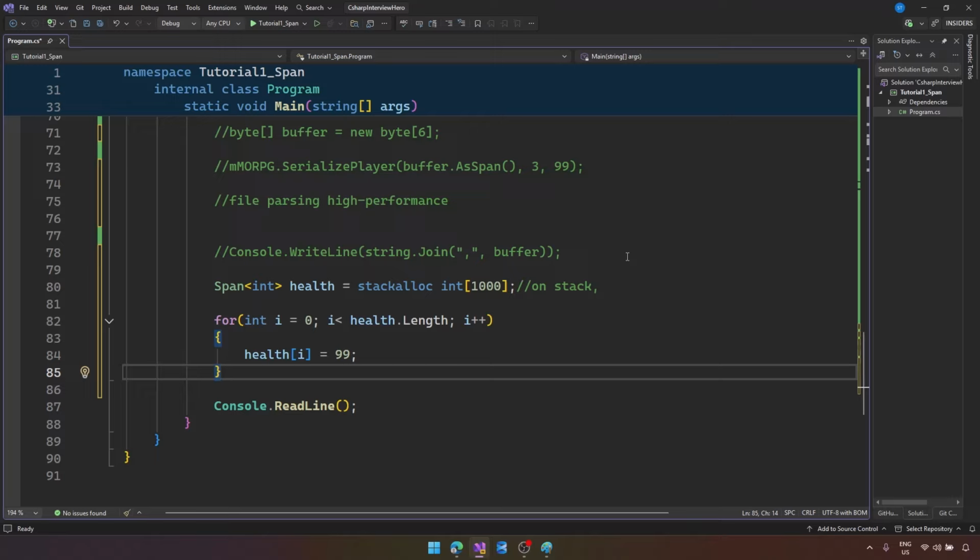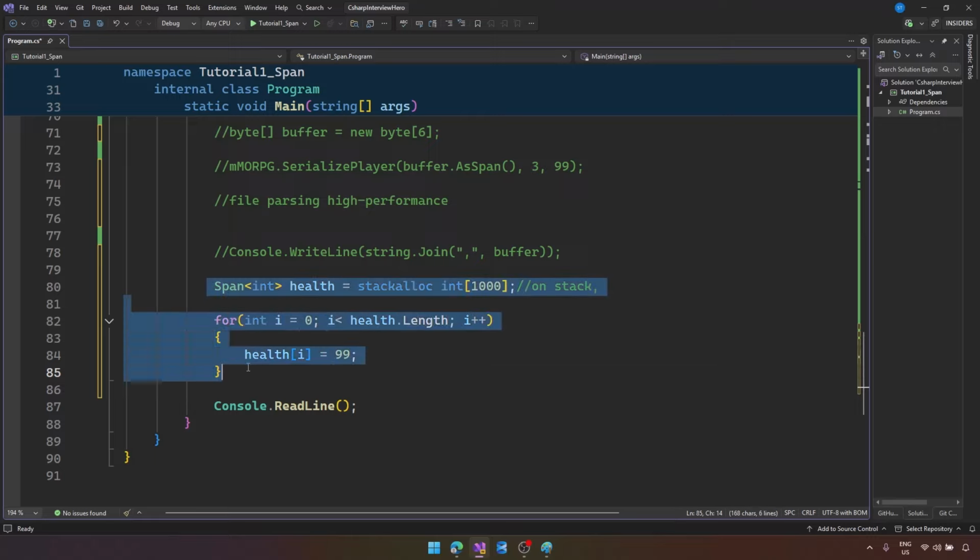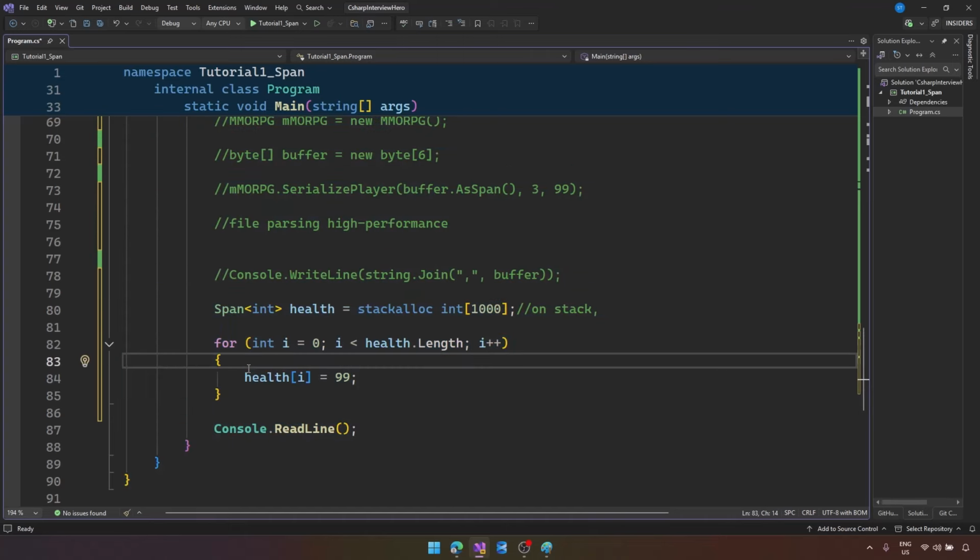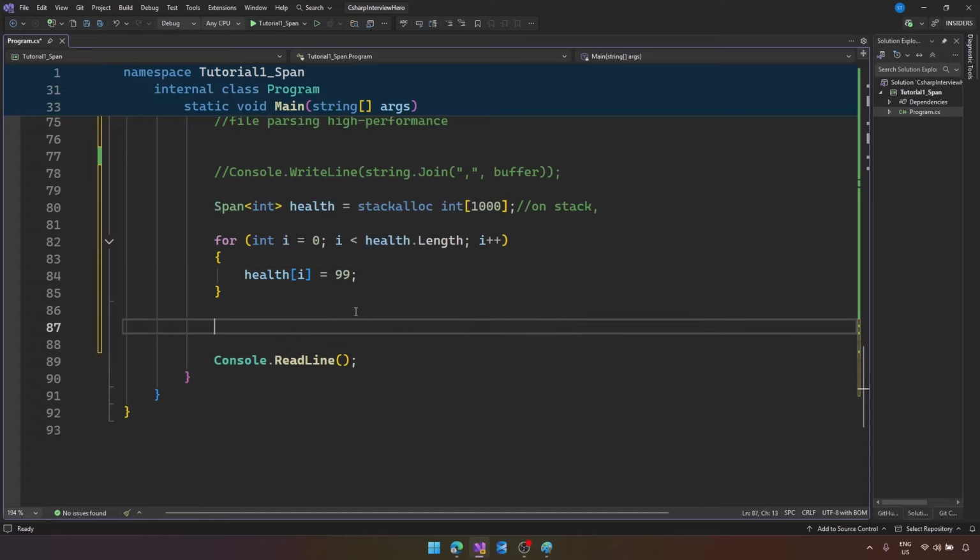Of course, in most cases for game servers, we often loop over thousands of players or entities, and using span we can avoid allocations when working with buffers repeatedly. Okay, this unusual case works like a temporary array with no garbage collection involved, and it's also crucial for frame by frame operations. So long story short,